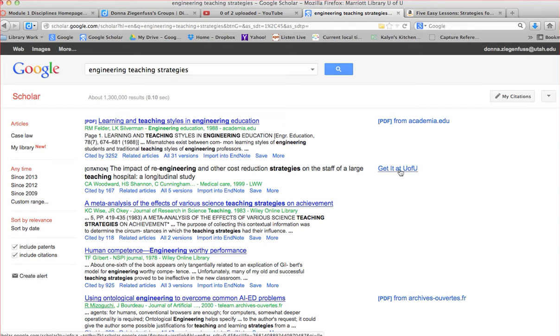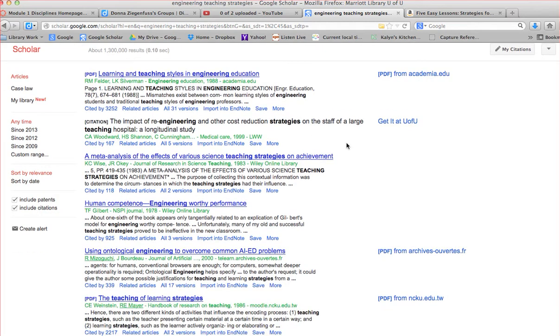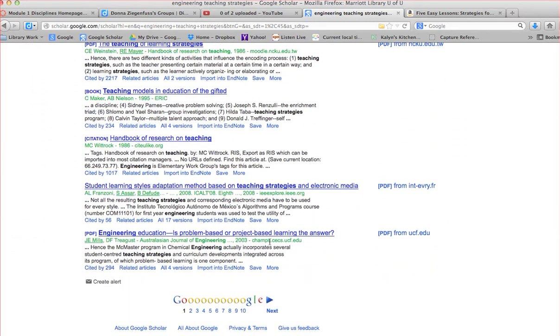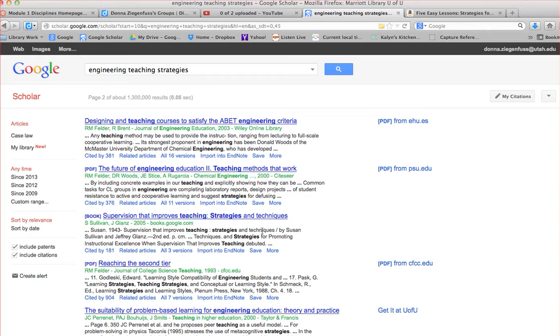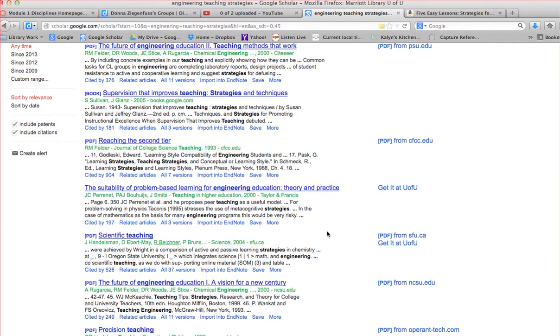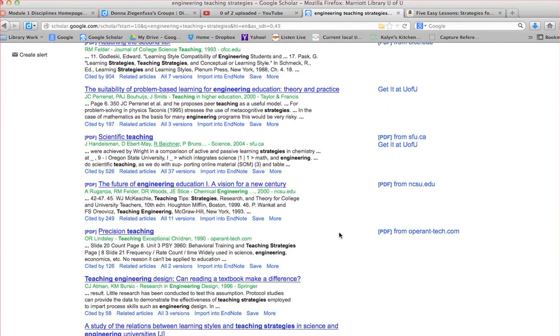So this is just on a citation, so I'm going to come down here a little bit further, see if I can find one at the U of U. Okay, so here's one. And here's one. This is a review of Scientific Teaching, the book, which is a really awesome book on teaching. So here's this suitability of problem-based learning for engineering education theory and practice. So this might be an interesting article to read if you think that problem-based learning might solve a bottleneck in